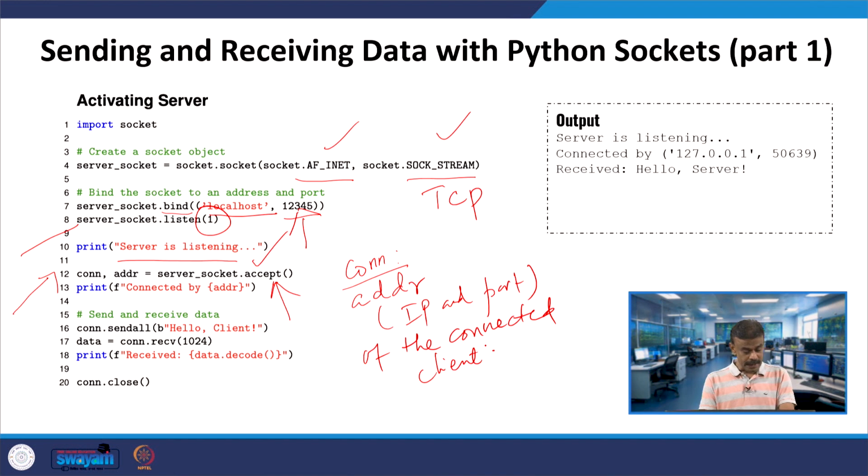The server will block until a client connects. Block means it is pausing the execution. That is the meaning of line number 12.